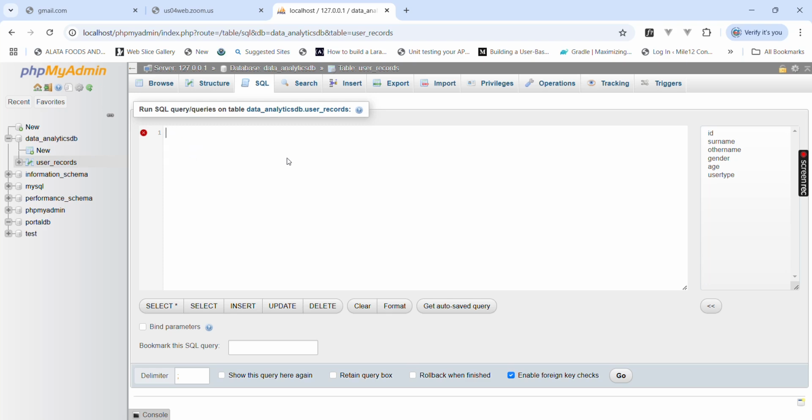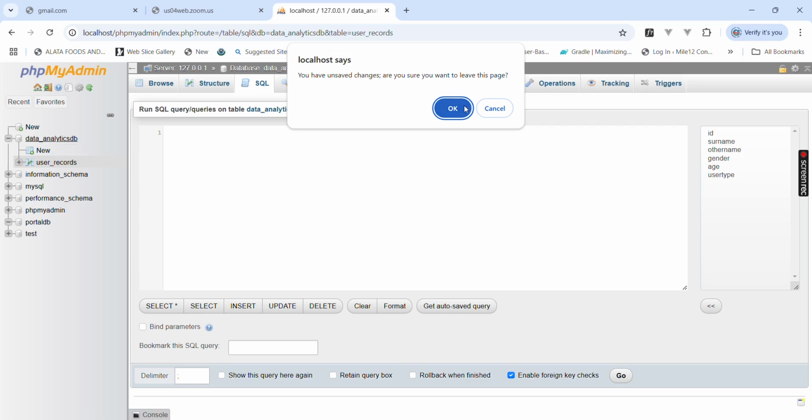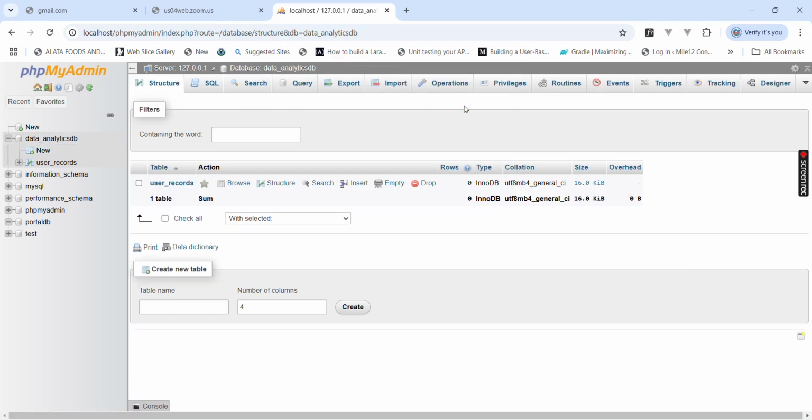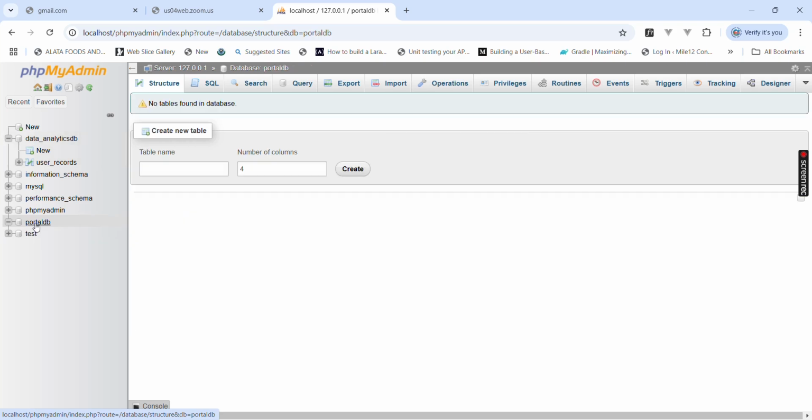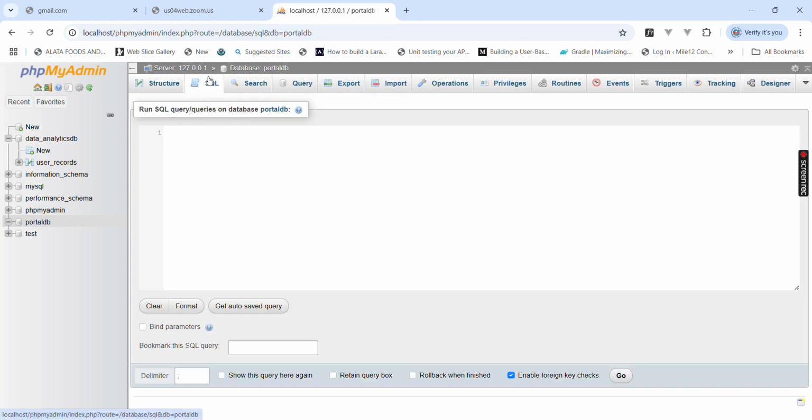Yes, now you need to click on the database, because if you want to create a table inside the portal, click on the portal. Then you click SQL. So we want to create a table inside the portal DB. So now select, create,